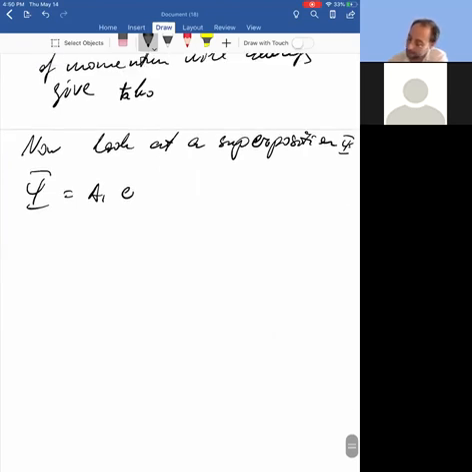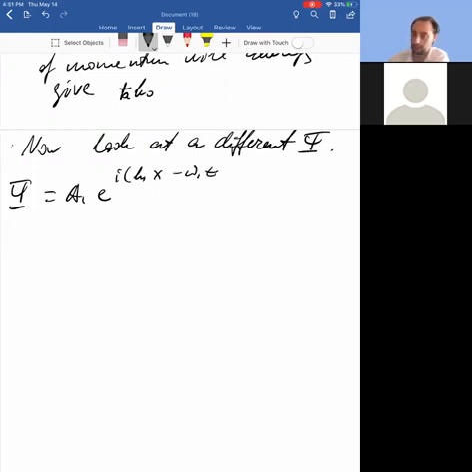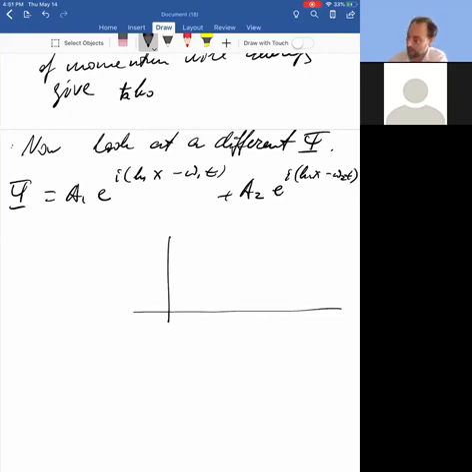Now let's look at a different example. So this is example 2. Now let me erase this. So this would be a1 e to the i k1 x minus omega 1 t. And remember, we know how k's and omegas are related for a free particle, plus a2 e to the i k2 x minus omega 2 t. So this is the wave function, and its Fourier transform